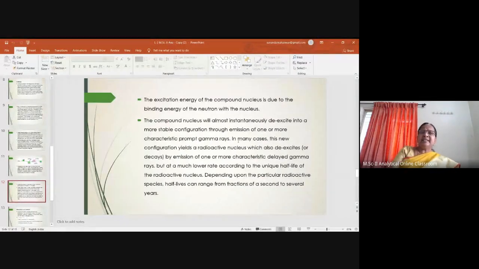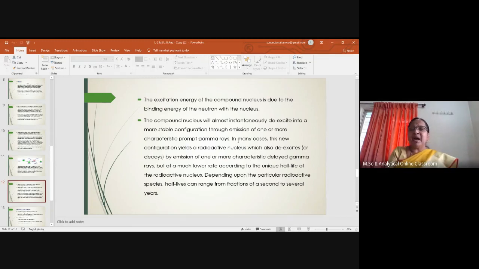The lifetime of this characteristic compound nucleus is very short. Immediately it attains stability, it attains a more stable configuration by the emission of one or more prompt gamma rays. Prompt gamma rays means the gamma radiations which are emitted by the compound nucleus immediately after the irradiation. When we irradiate, that is, bombard with neutrons, the rays emitted immediately from the compound nucleus,